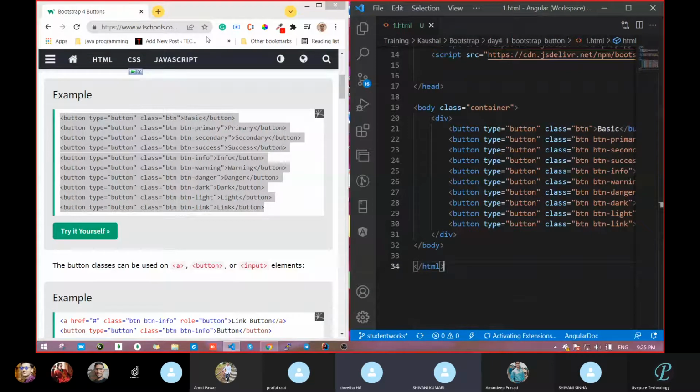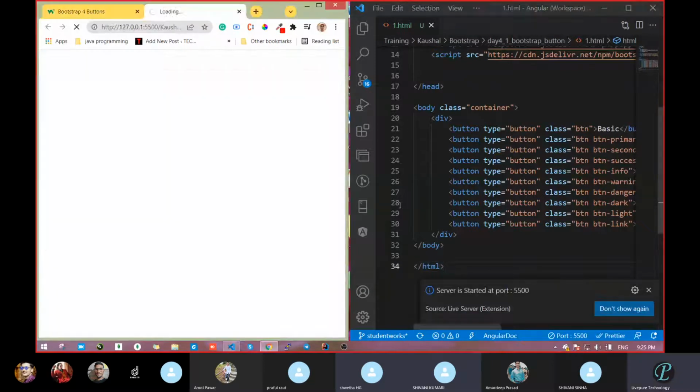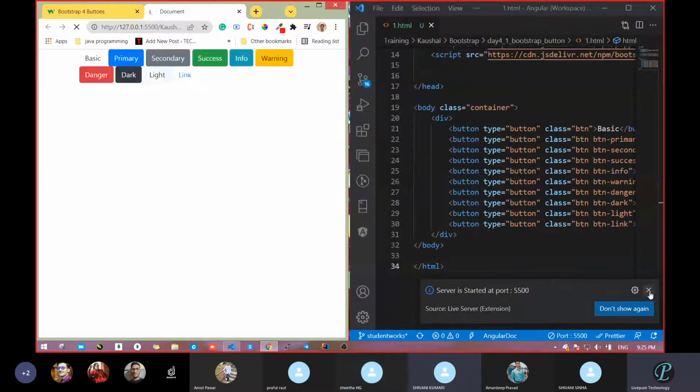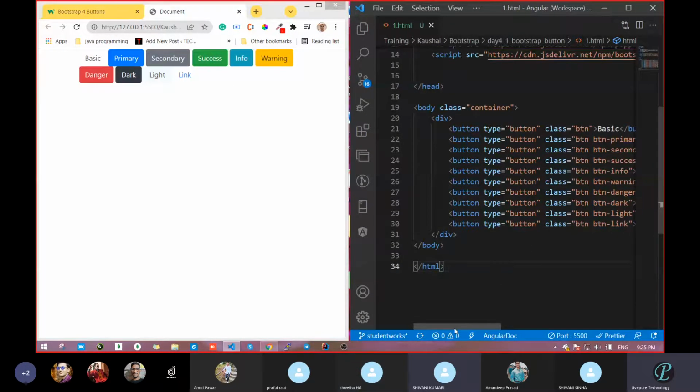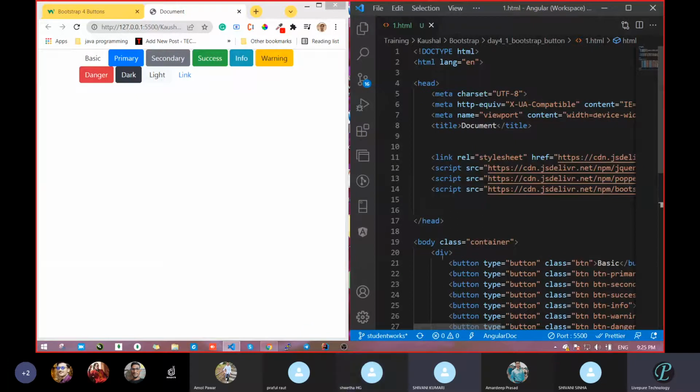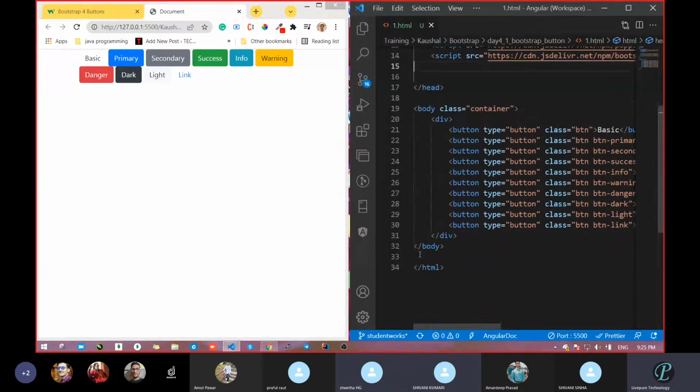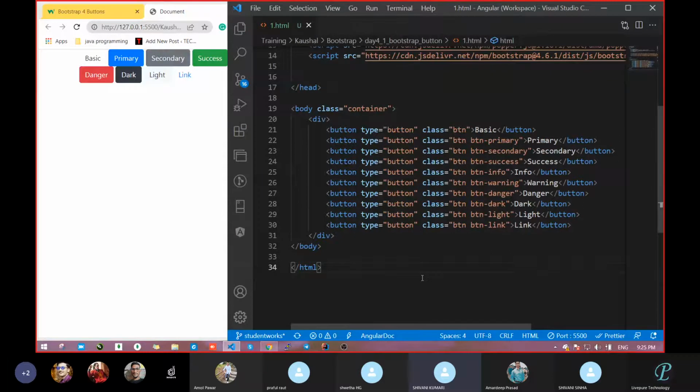Okay, fine. So you have to find out what is the issue in this one. The page is going to load and you have to find out what is the issue. There is no issue. Oh, the link is already added. I thought the link was not added. Okay, so see what we had done. We got different styles of the button. What we had taken here, just see. We took the input tag that is button.